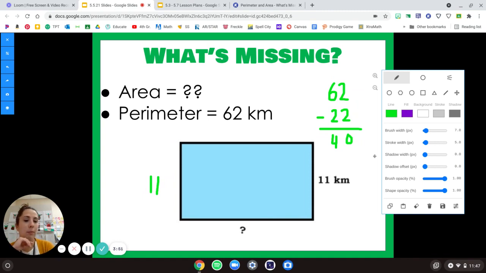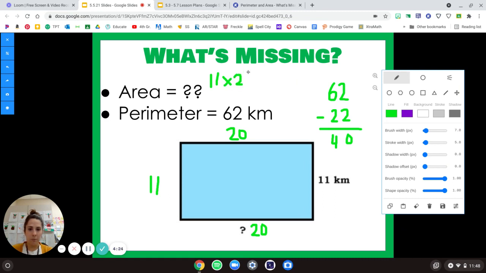So what am I doing to my number here then? I'm really going to split it into 2. So 40 divided by 2 means 20. So each of these should be 20 kilometers. All right, so now we know all of those outside parts. How do we find the area? We know it should be length times width. So our length is 11 times our width